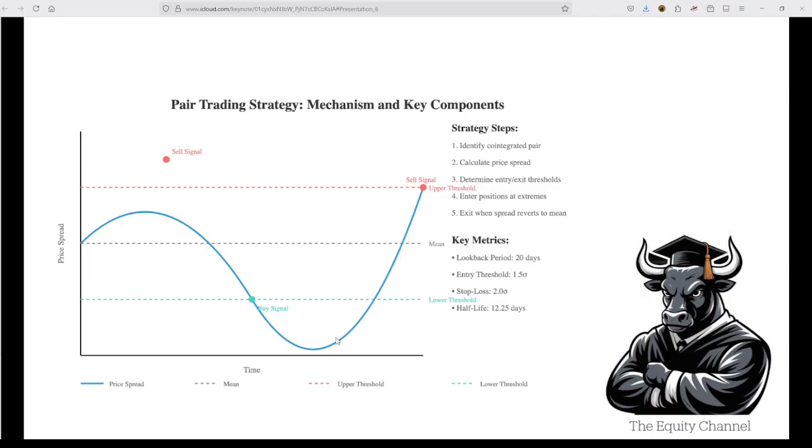Or even so, people may realize that AMD at this moment in time is a bit undervalued. We're a bit crowded into the Micron trade, all right? And we're always crowded in Nvidia. So, AMD may become the beneficiary of some added enthusiasm about semiconductors, right? And so this becomes one of those trades. And eventually, as they get back towards the average spread that you're used to seeing from these two companies,